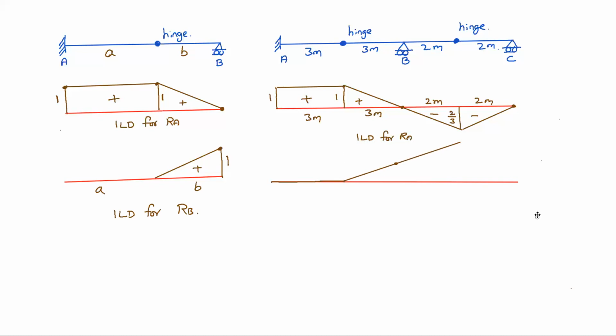Okay, now at C it cannot be dislocated, right? So it can take bent at a hinge. So this is the shape. The ordinates are like this. Here it is 1 unit. Okay, here it is. See, for this is 3 meters. This is 3 meters. For 3 meters it is 1. Then 3 plus 2 meters, 5 meters, it is 5 by 3. You can, from simple triangles, you can work out that, okay? This is 2 meters. So positive, positive, positive. This is ILD for RB.